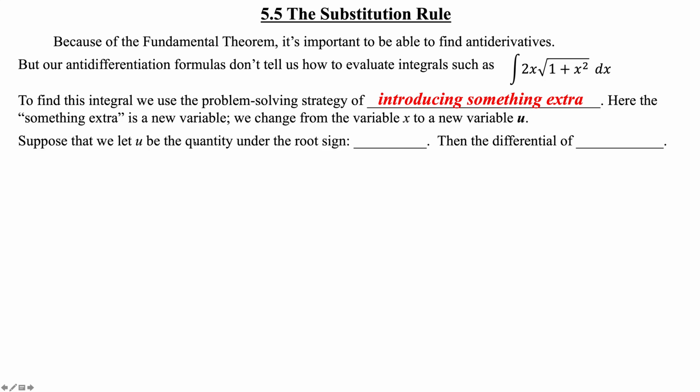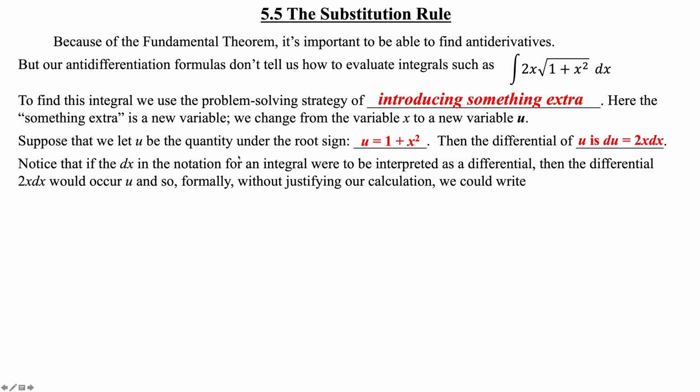Suppose that we let u be the quantity under the root sign. So we're going to let u equal 1 plus x squared. All right, that's fine. But now you have to take the derivative of both sides. So if we differentiate, we'll get du is equal to 2x dx. Now notice that if dx in the notation for an integral were to be interpreted as a differential, then the differential 2x dx would be du, and so formally, without justifying our calculations, we could write the integral